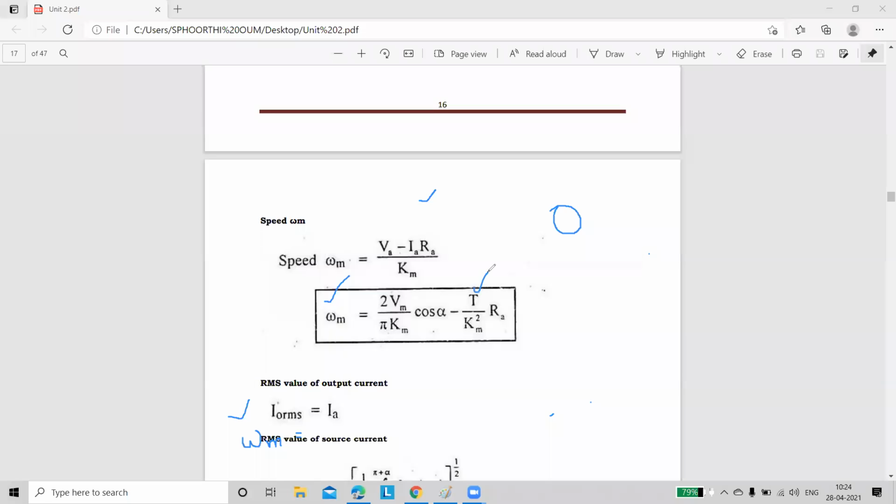By seeing this expression, can we say the torque is positive or negative, or speed is positive or negative? What are the chances to get either positive or negative for speed or torque? Can anyone please respond? In the half wave rectifier, by seeing the expression itself, we can clearly say that the torque is positive and the speed is positive. But whenever you are seeing the full wave rectifier, is there any possibility to directly say whether speed is positive or negative, or torque is positive or negative?